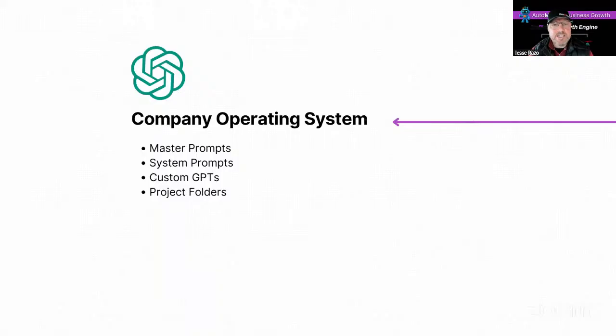This is something that we do for our clients as well. So if you're looking to develop a company operating system, this would be the first step in building a lifestyle business, right? If you can iterate within ChatGPT, and if you can come up with ideas faster, come up with content creative that matches your brand voice and what it is that you're trying to create, and it gets smarter from a contextual standpoint on a daily basis, you're going to have a competitive advantage.